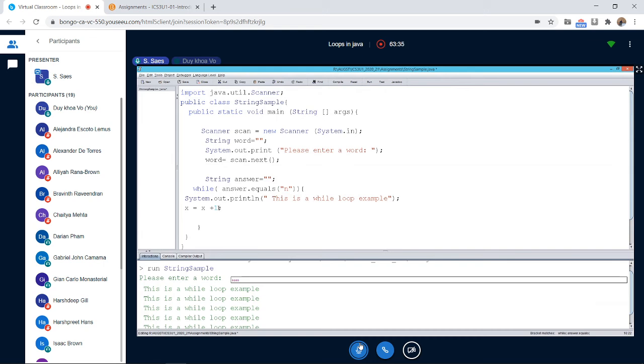But then I don't even need a counter here, so I can just get rid of this one. All I need is to ask the user to enter an answer. So I'm going to say answer equals scan dot next. I'm going to ask the user, so let me just prompt the user too, so you have to use system dot out dot print